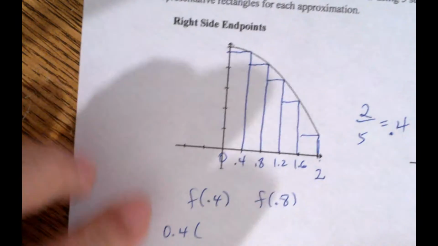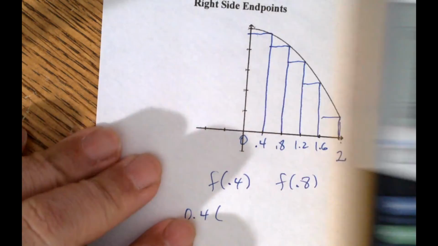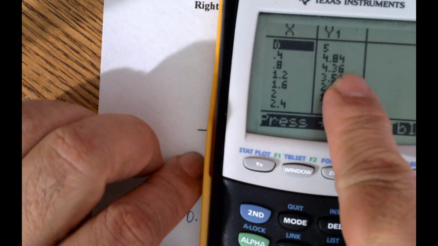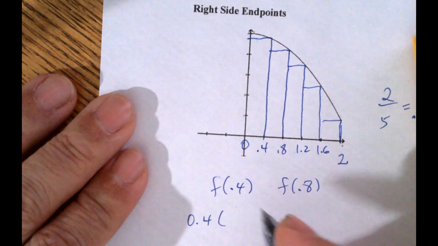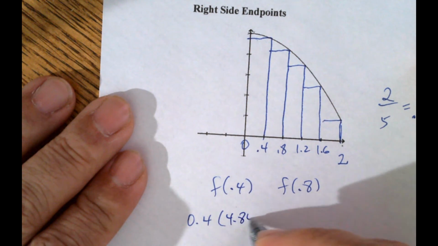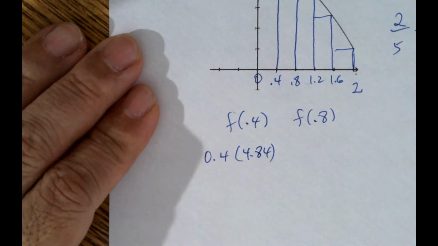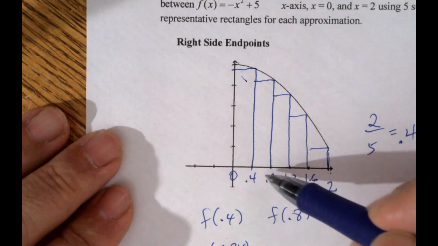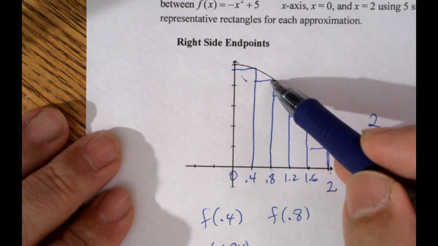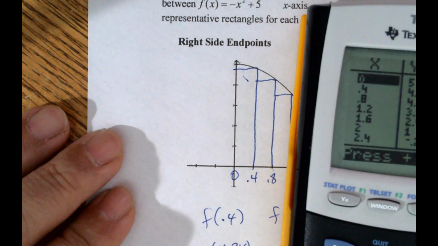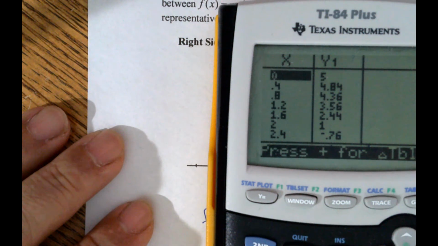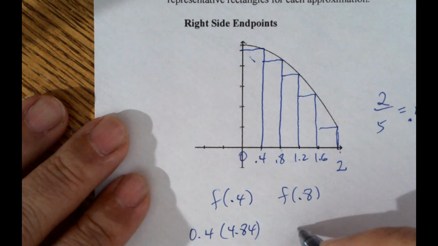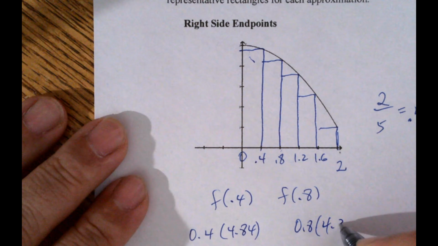All right. So when I plug in 0.4, I'm getting 4.84. So that's the first rectangle: 0.4 times 4.84. So that's this rectangle right here. The second rectangle will be 0.4 times whatever 0.8 plugged in is. Plug in 0.8, and I get 4.36. 0.8 corresponds to 4.36. So it's